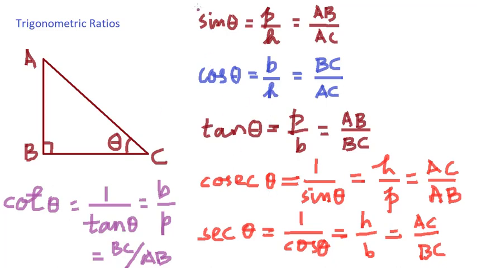So here we have the definitions of the 6 trigonometric ratios: sine, cos, tan, cosec, sec, cot. Now we have to remember that these definitions hold true for every right angled triangle. That means sine theta is always P by H for any given right angled triangle. Cos theta is always B by H for any given right angled triangle. The only thing is that P, H and B will change from triangle to triangle and with respect to a given angle. So that is the basics of trigonometric ratios.